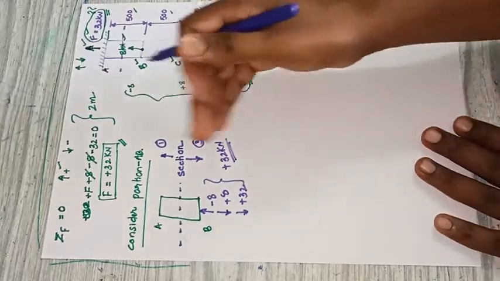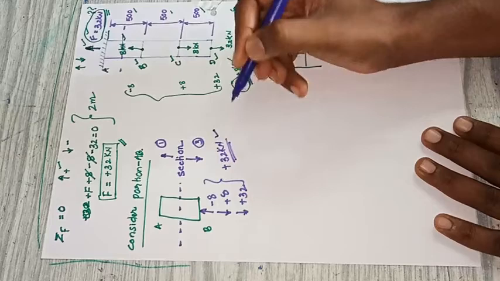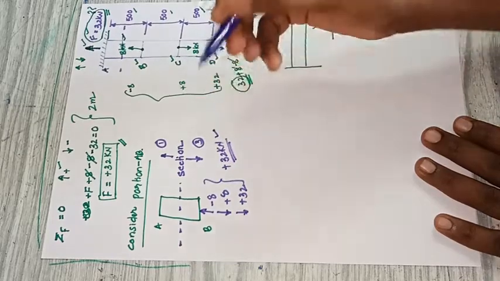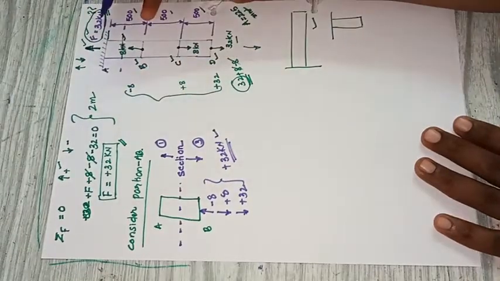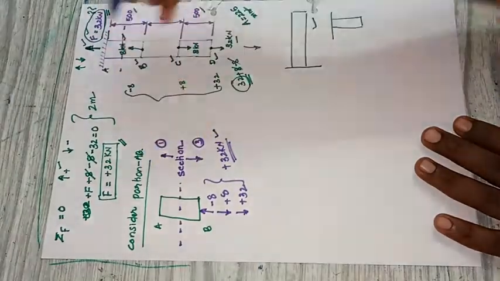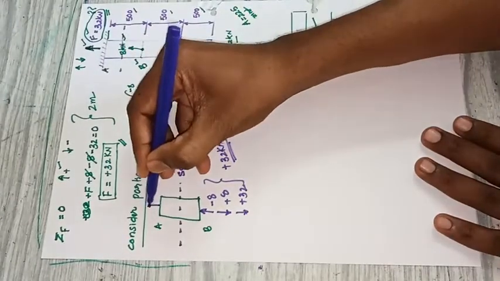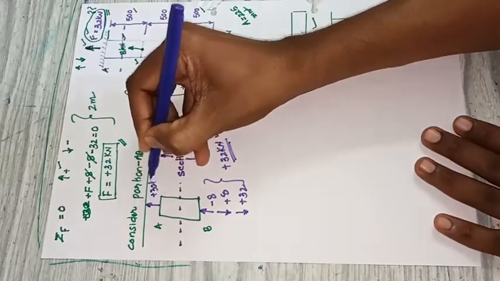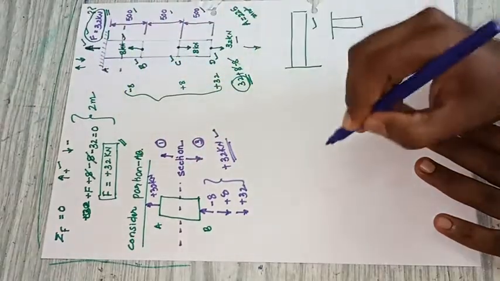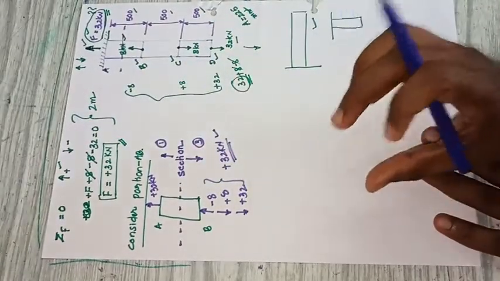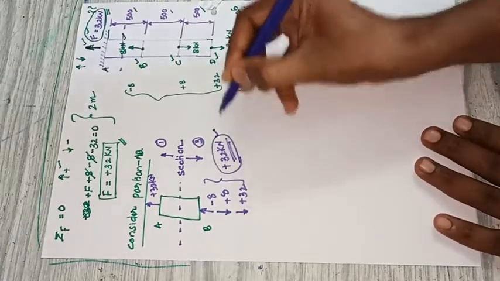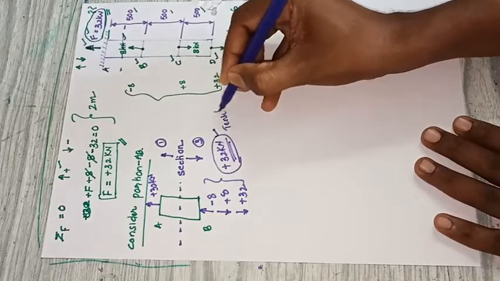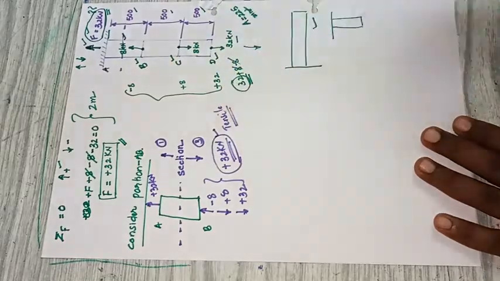So below, if I make a summation, it is 32 kilonewton. Then I will take the force which is acting above the section. Only one force is there, that is a reaction force. The reaction force is acting away, so it is a tensile one, 32 kilonewton. So on this section AB, the magnitude of the force is 32 kilonewton. The nature of the force is tensile. Tensile means there will be an elongation within the bar.